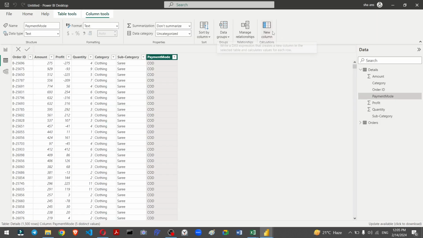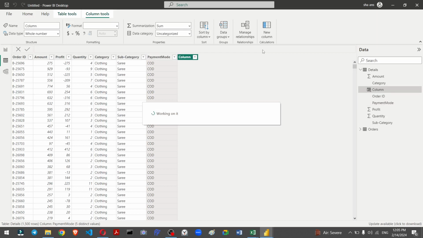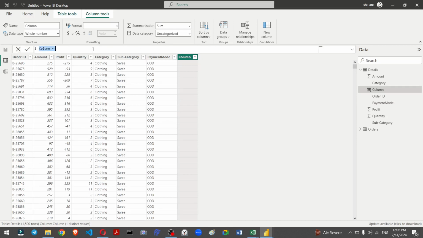We just click on the new column, and in this column we define the column name and define the column value. That's all, and nothing else to do. So our column name will be the average